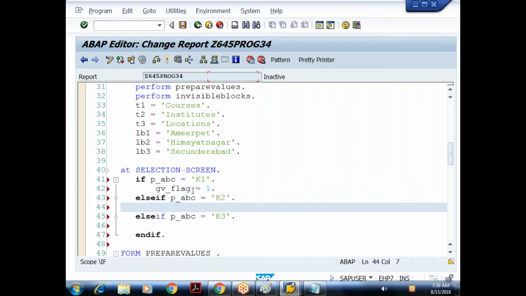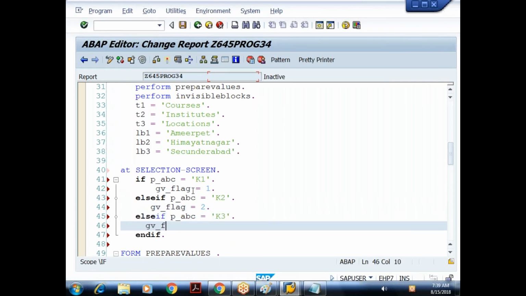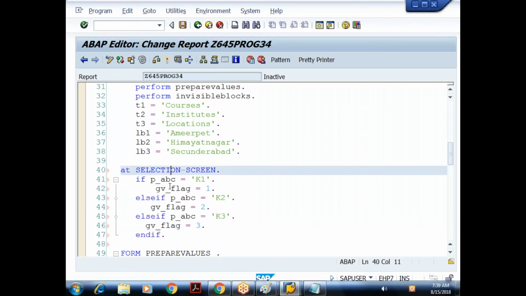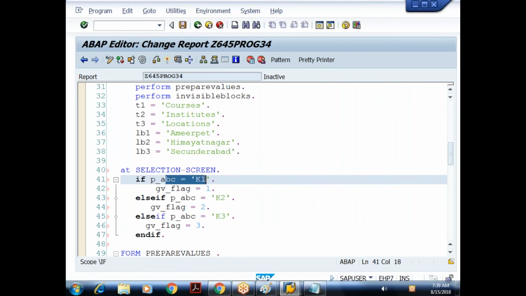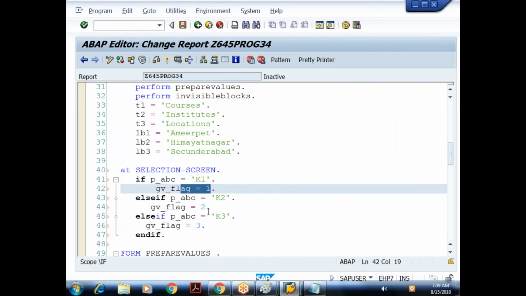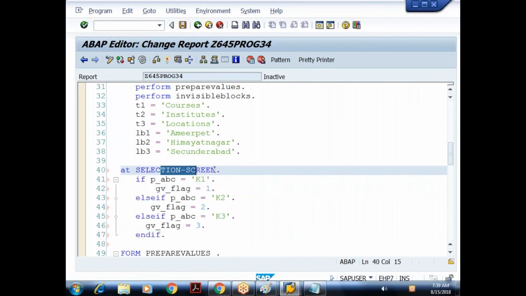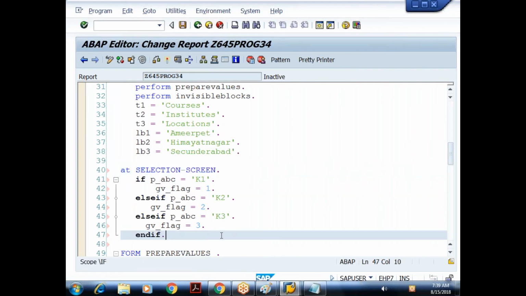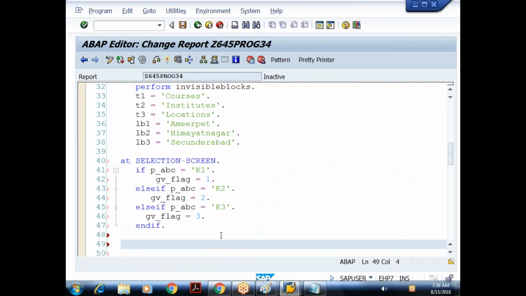If the list box value is K2, I'll set the flag value to 2, some indicator I'm setting. If it is the third value, I'll set flag equal to 3. So in this event, depending on the selected value, I'm setting the flag value to either 1, 2 or 3. After this event, the next event triggered is at selection screen output. So two events get triggered when you press enter in the list box.